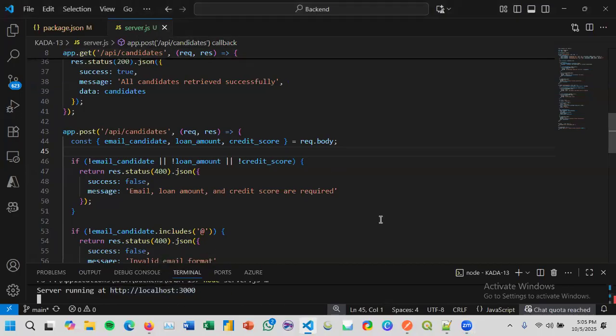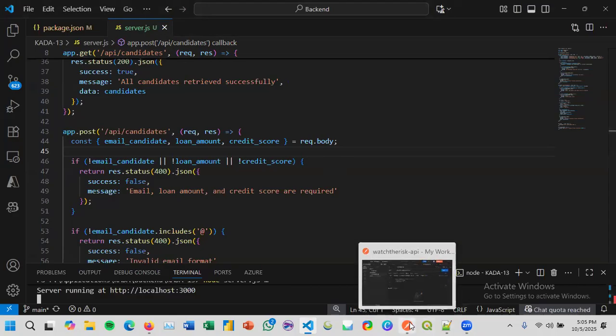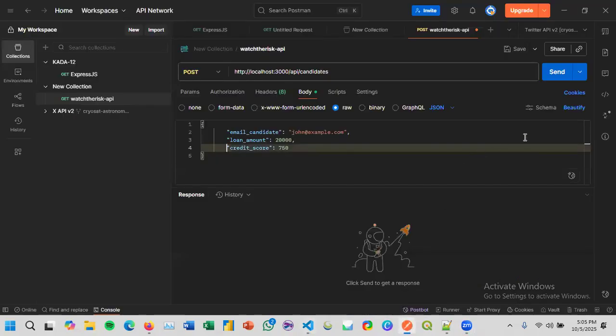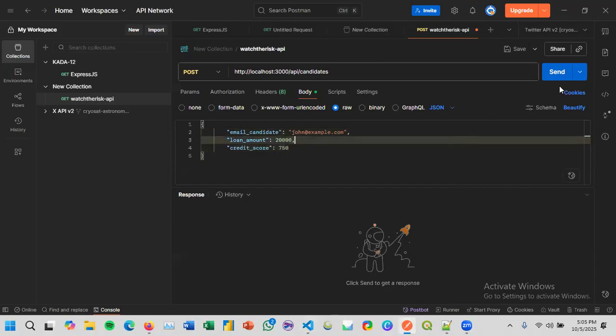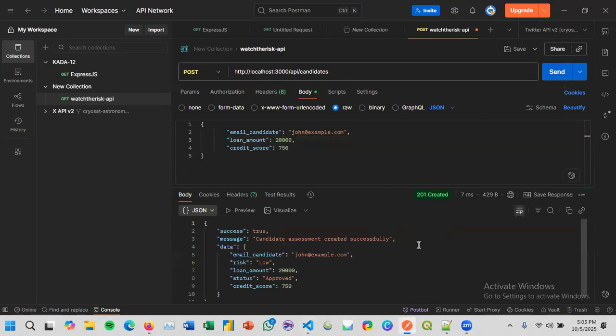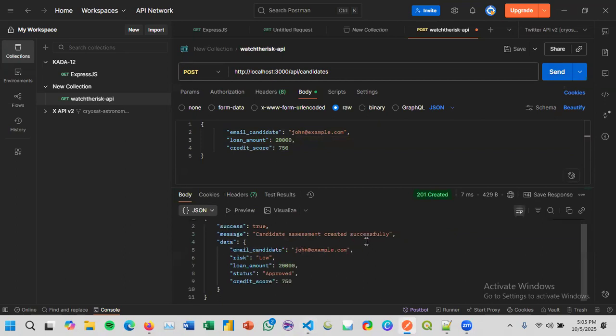Now I save and reset it, and it should append the candidate into the database. Try again. Yeah, it returned true: candidate assessment created successfully with low risk.